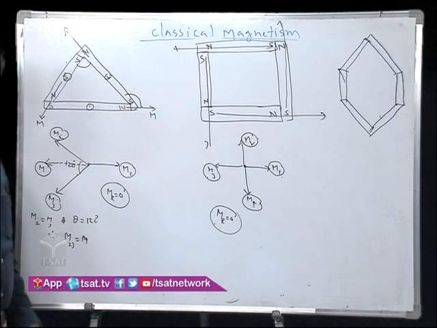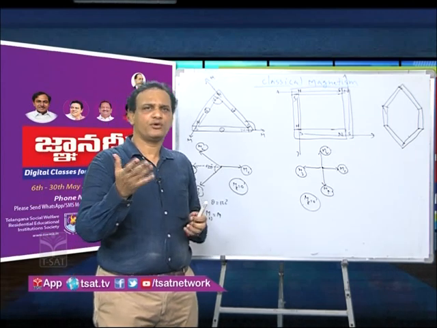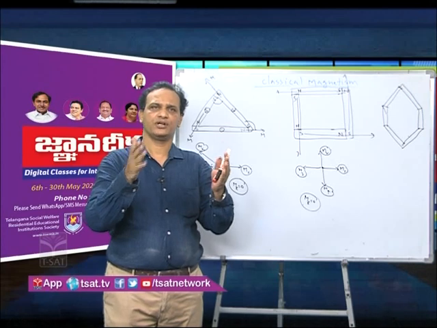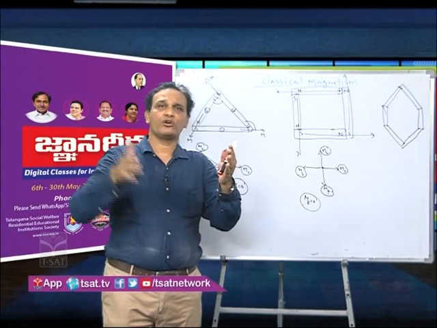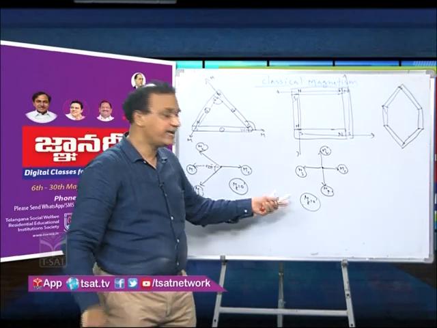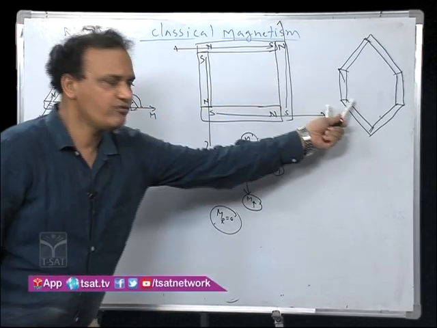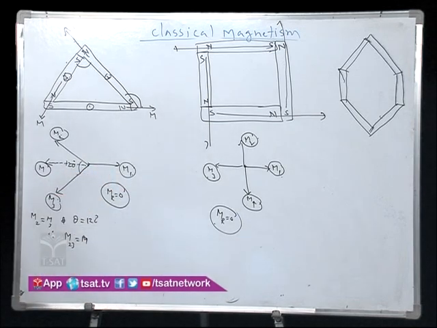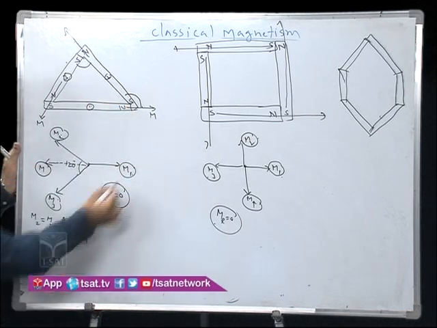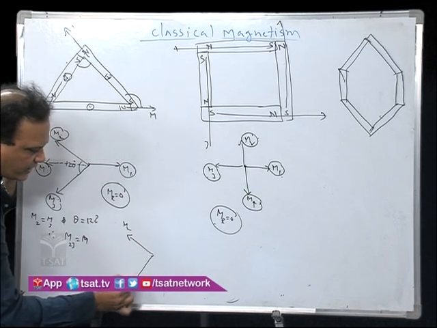So from this concept, you know the polygon law of vector addition. What is the polygon law of vector addition? N vectors taken in order in magnitude and direction in the form of a closed polygon. Then what about the resultant? 0. So therefore, for 3 vectors and 4 vectors, for n vectors, the resultant magnetic moment is equal to 0. Now the question is, suppose one of the bar magnets is removed. Suppose in this case one bar magnet is removed, first m1 is removed, then the magnetic moments m2, and another one is m3.